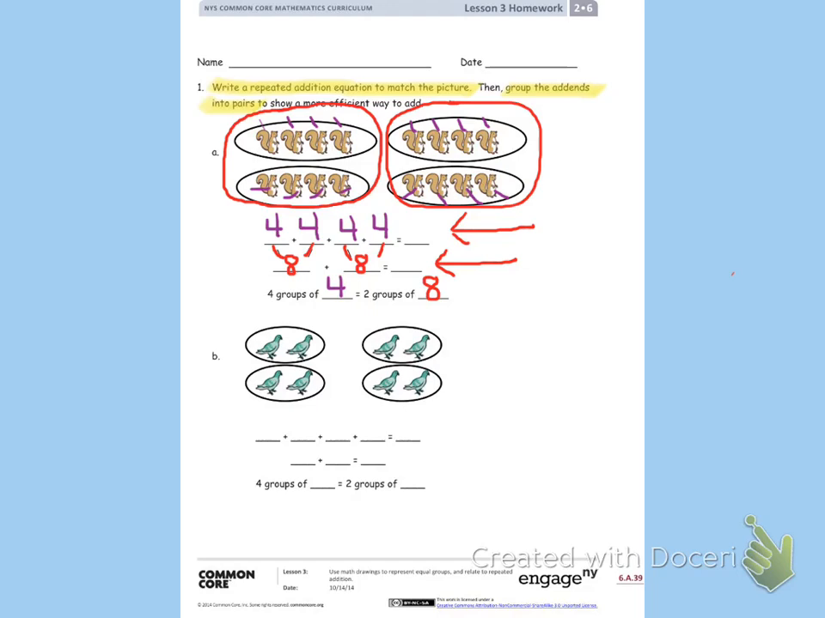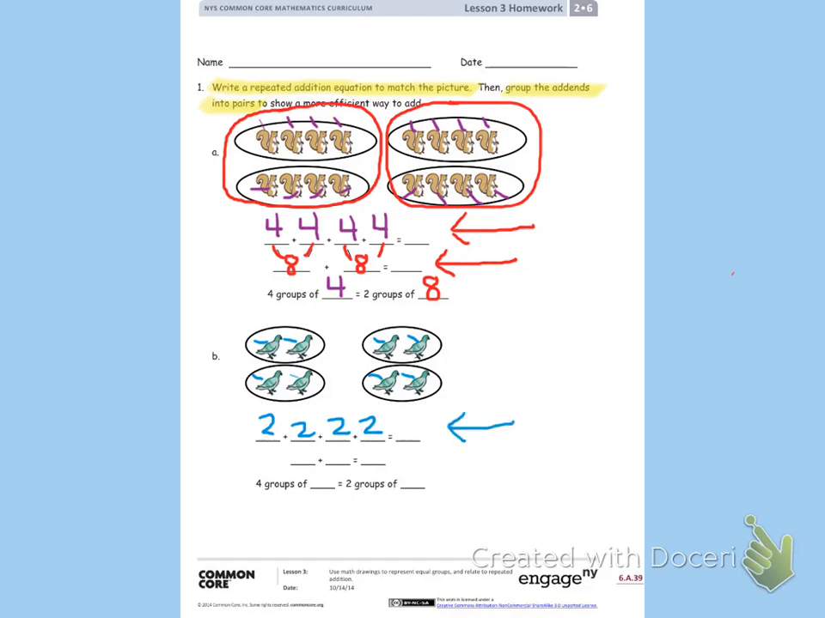Let's look at item B. As you can see, there are 4 groups of birds. The first group has 1, 2 birds. The second group has 1, 2 birds. The third group has 1, 2 birds. And the fourth group has 1, 2 birds. You could go ahead and solve the repeated addition equation of 2 plus 2 plus 2 plus 2 and write